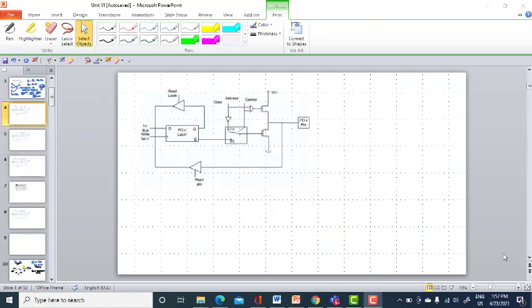Okay guys, already I said about this port P0, we have input output function, it will act as an input output port, and the other alternate function is that it will act as a multiplexed address data bus. So, it performs three functions: input function, output function, and as an alternate function, a multiplexed address data bus.